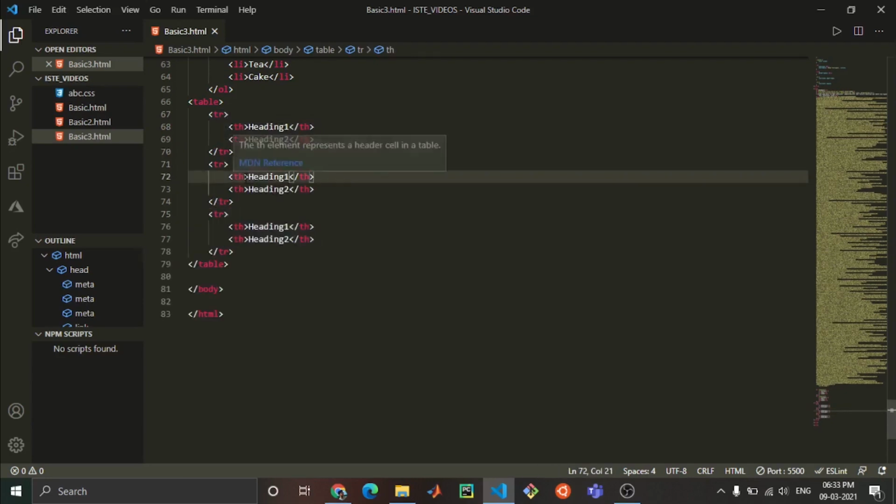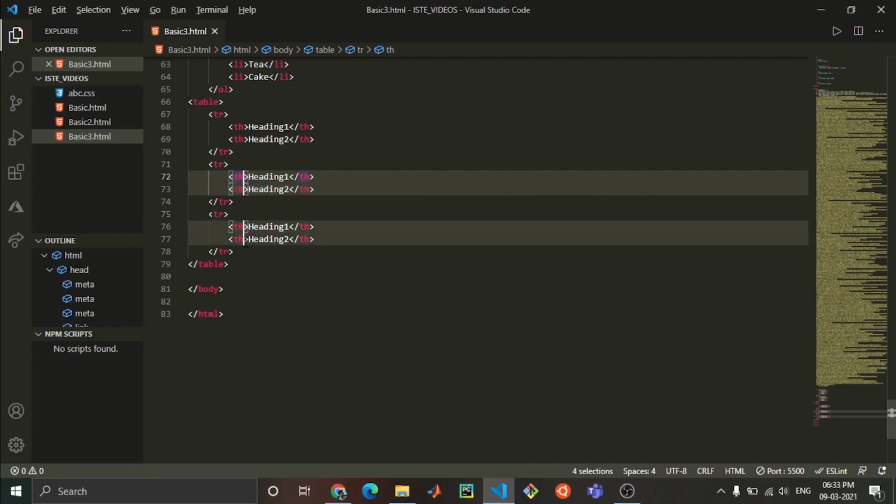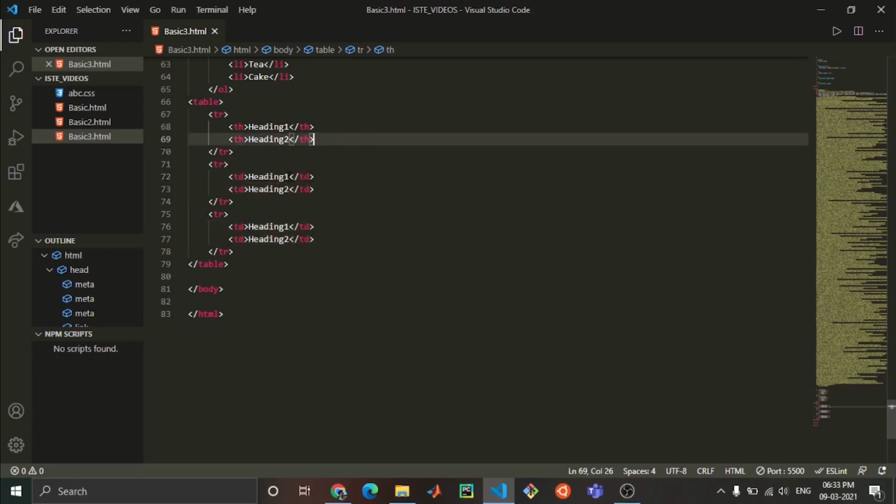Heading is just one time, but the other things are the members or elements of that particular table. For that we are using td. I can just take Alt and make my pointer go towards every tag, and I can remove them and add whatever I want.